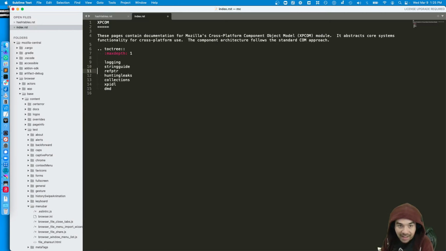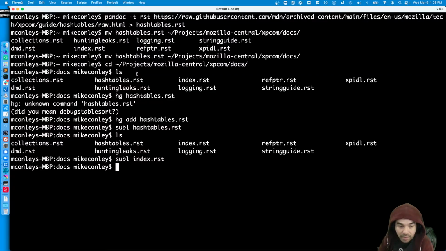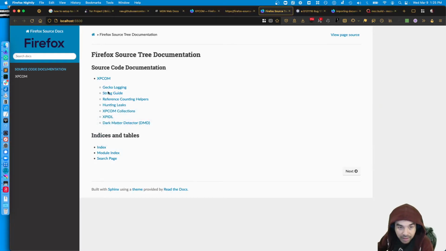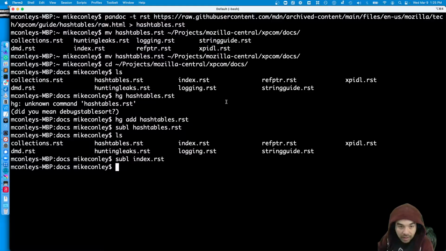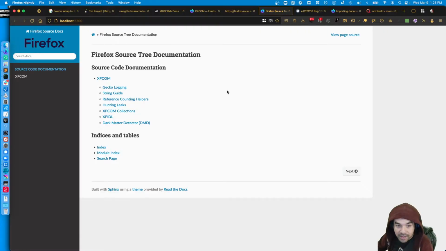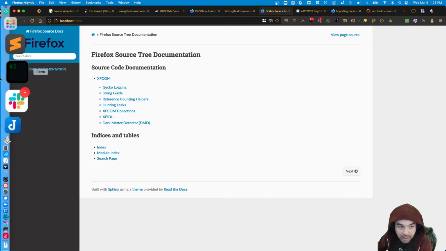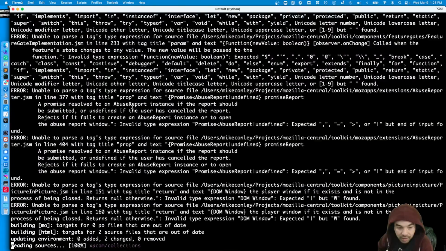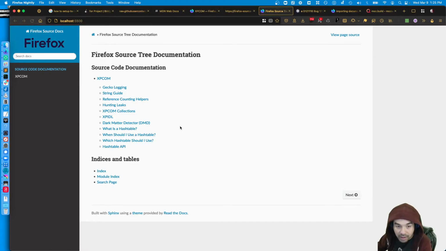Well, it's not exactly in alphabetical order. Part of me wonders if it should be. You know what? I'm going to save that for another day. I'm just going to put hash tables here. And then I saved, it's rebuilding, and oh, look, it added it,